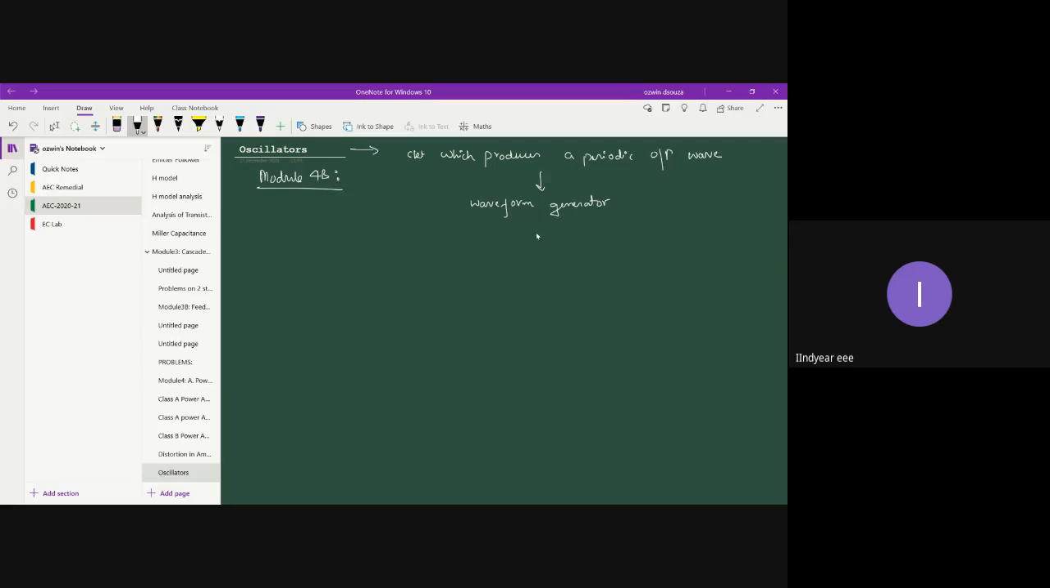Amplifier also produces a waveform. So oscillator is also producing a waveform. So what is the difference between amplifier and oscillator? Both are producing waveforms, right? So then there has to be some difference between the two, or else why would they call this particular circuit as oscillator? Okay, the major difference between oscillator and an amplifier is that your amplifier circuit